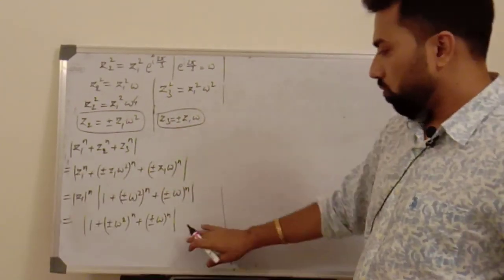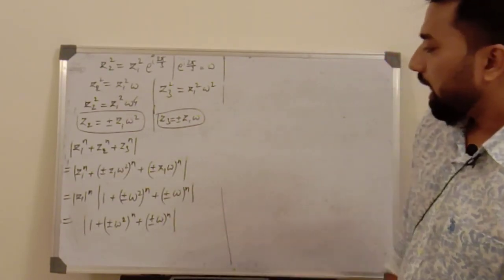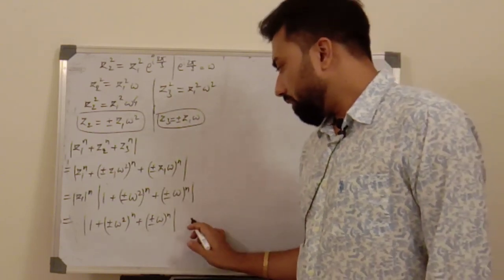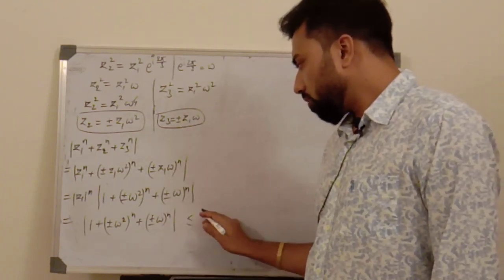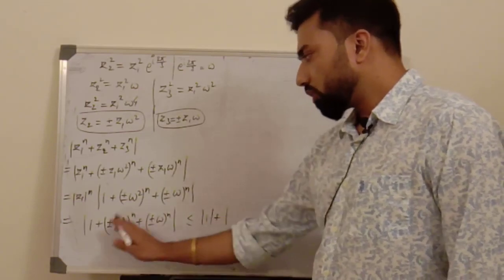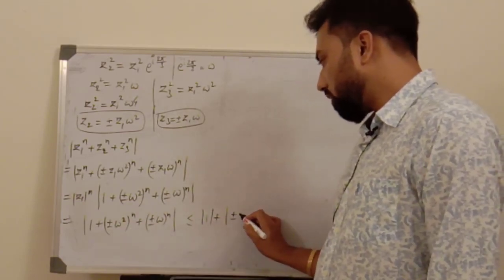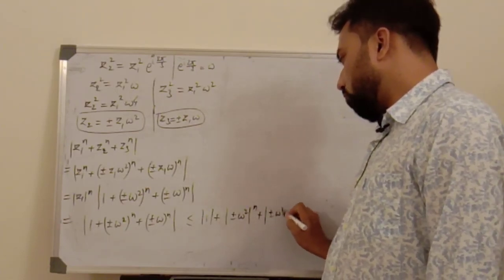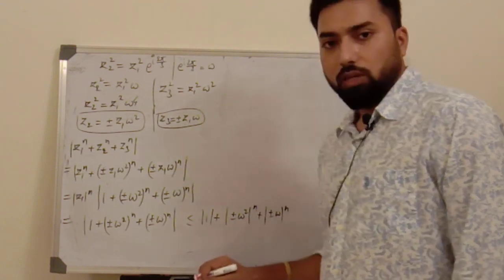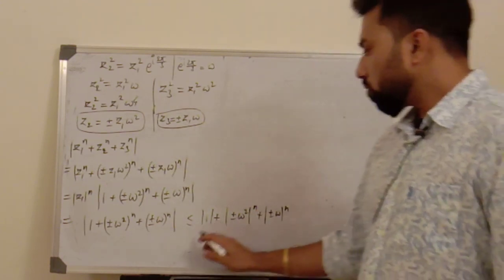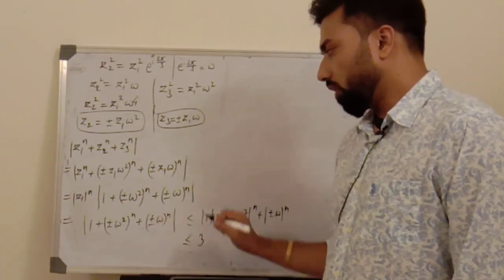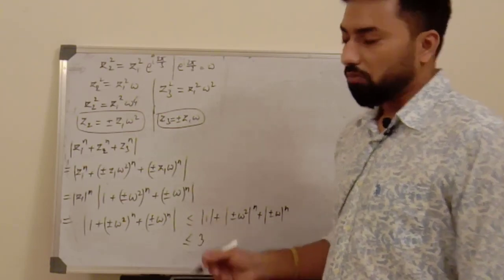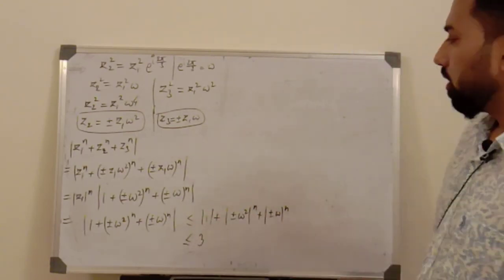0। तो इसकी मिनिमम वैल्यू 0 पॉसिबल है। एंड इसकी मैक्सिमम वैल्यू ट्रायंगल इनइक्वालिटी से हमें पता है कि ये जो भी स्टेटमेंट है इसकी मैक्सिमम वैल्यू क्या होने वाली है? मॉड ऑफ 1 प्लस मॉड ऑफ दिस वैल्यू, राइट। सो मॉड ऑफ प्लस माइनस ओमेगा स्क्वायर रेज़ टू पावर n प्लस मॉडुलस ऑफ प्लस माइनस ओमेगा रेज़ टू पावर n। नाउ इसका मॉडुलस 1 है, ये भी 1 है, ये भी 1 है। सो इसकी मैक्सिमम वैल्यू 3 पॉसिबल है। मिनिमम वैल्यू 0, मैक्सिमम 3 पॉसिबल है। अब ये हो भी सकती है 3, नहीं भी हो सकती है, बट मैक्सिमम पॉसिबल इज 3 ओवर हियर।